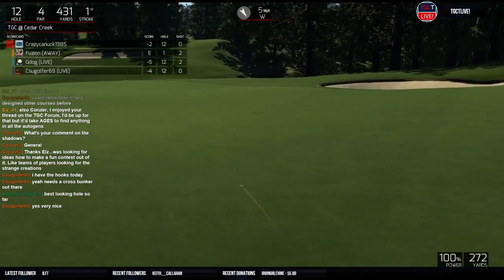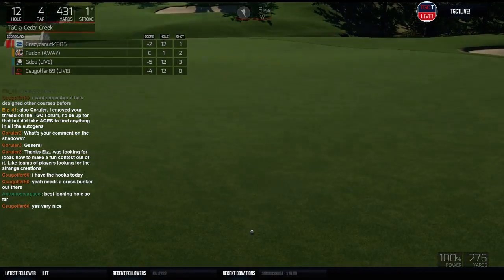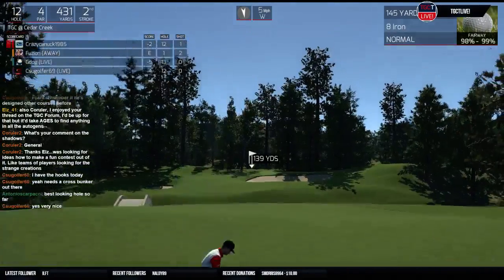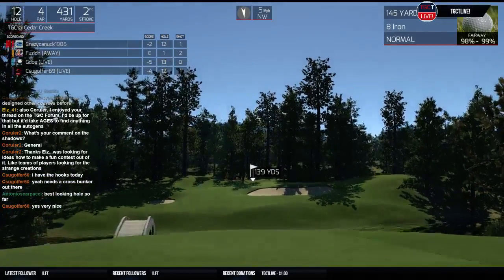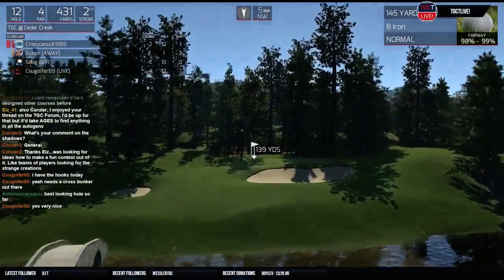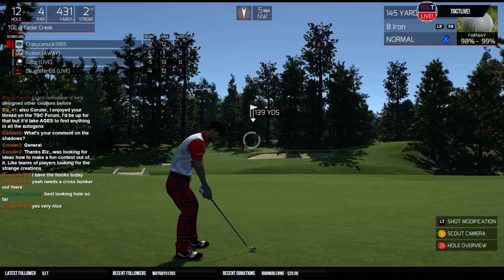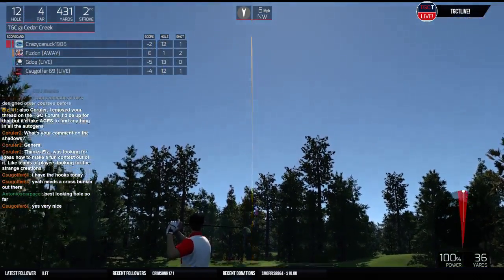Now, overall, so far, I think it's a very solid layout. In fact, I think I might prefer it a little bit over the last one we played, St. Xavier, in terms of the layout. But there's just not really anything that's really sticking out for me. And the fact that there's just so many courses in this game,